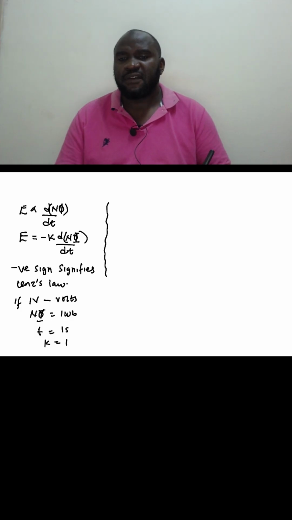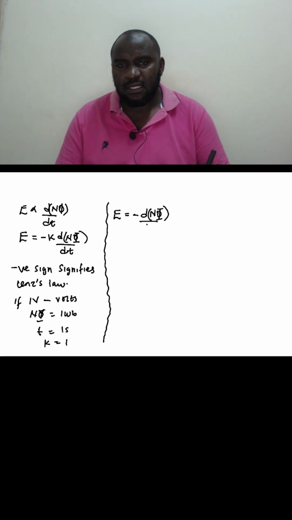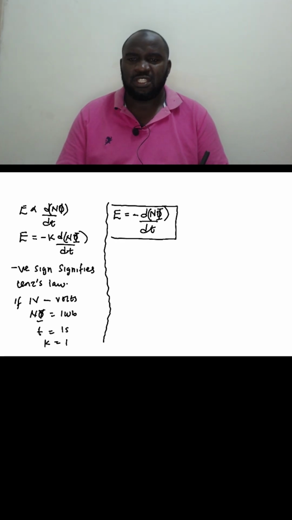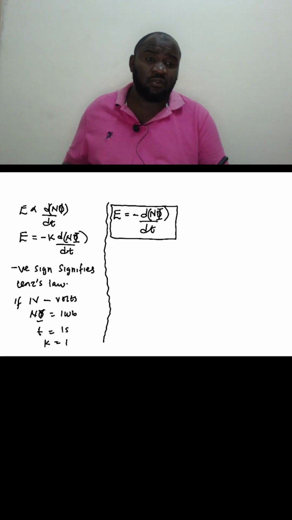If the value of K is 1, then we are in a position to write the expression for EMF induced as being negative dN phi/dt. And this is the mathematical expression which gives the EMF induced in conductors or in bodies that are crossing a changing